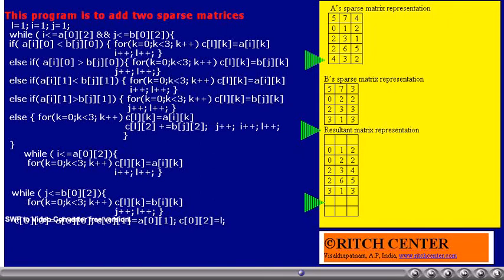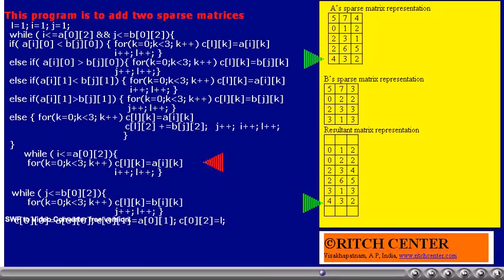By now, all the elements of matrix B are copied to the resultant matrix. There are no more elements in B. Thus, the first while condition becomes false, and we come out of the first while loop. Now we check whether there are any meaningful elements left over in matrix A. Yes, there is one element which belongs to row 4. So that will simply be copied to the resultant matrix.